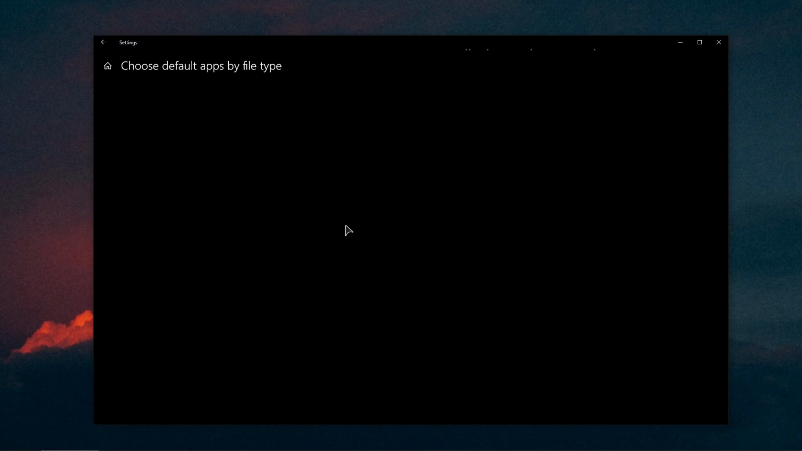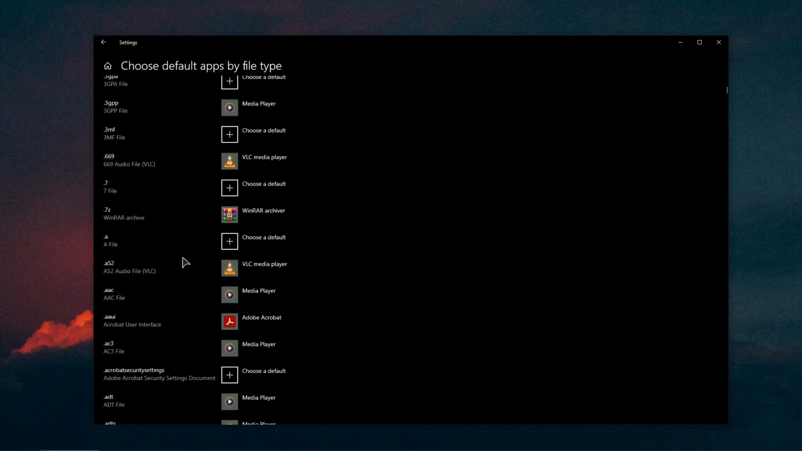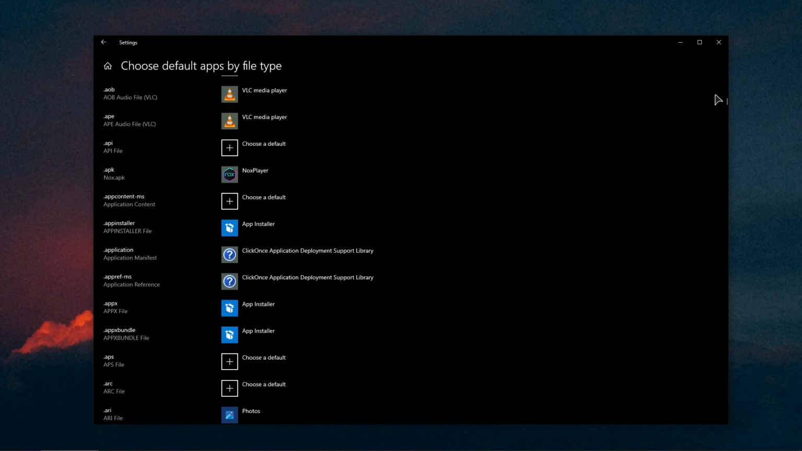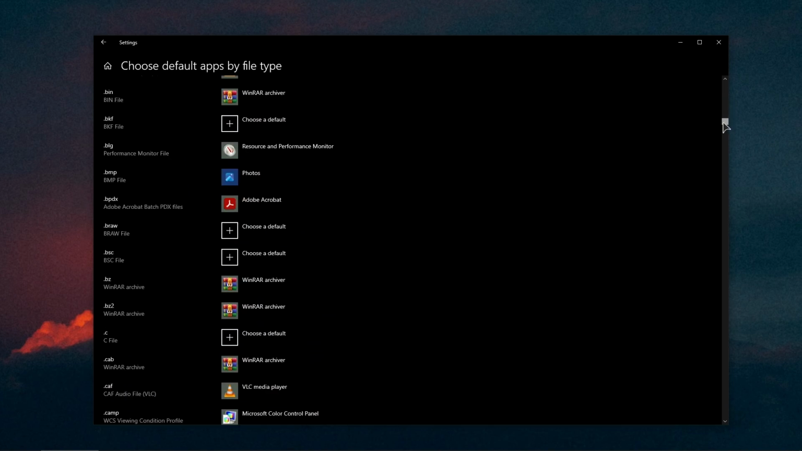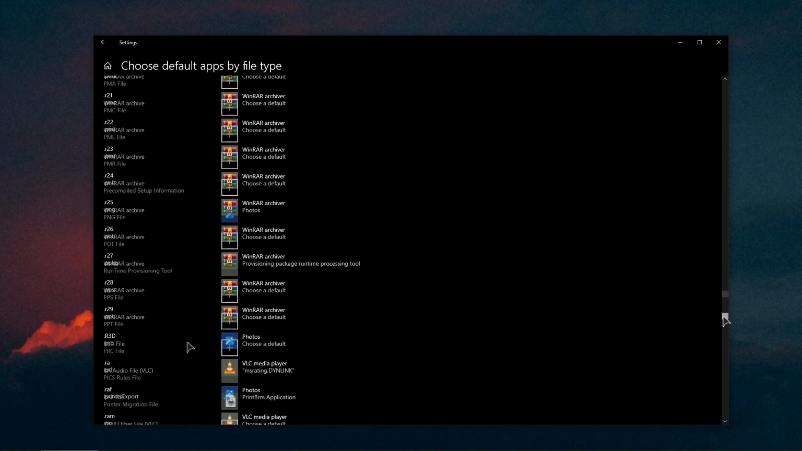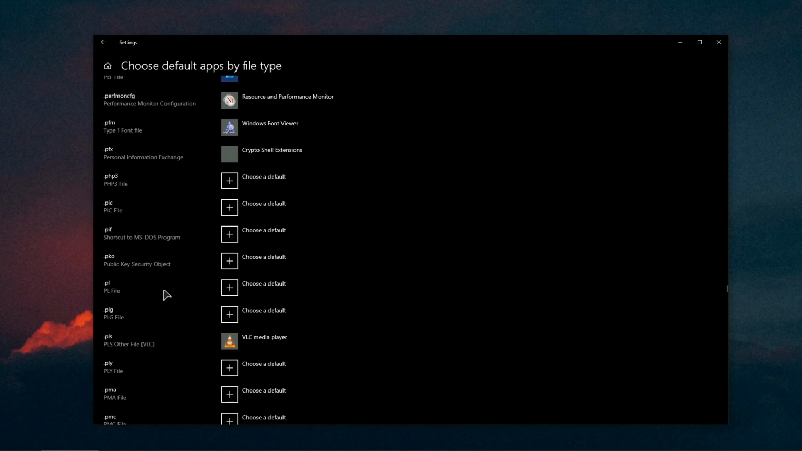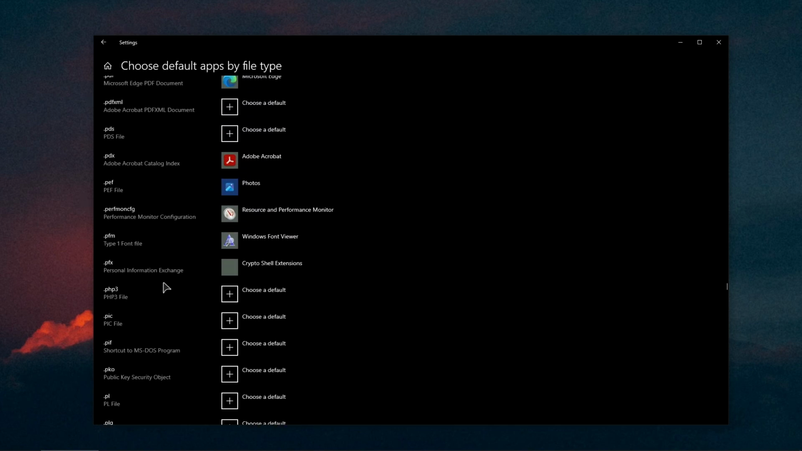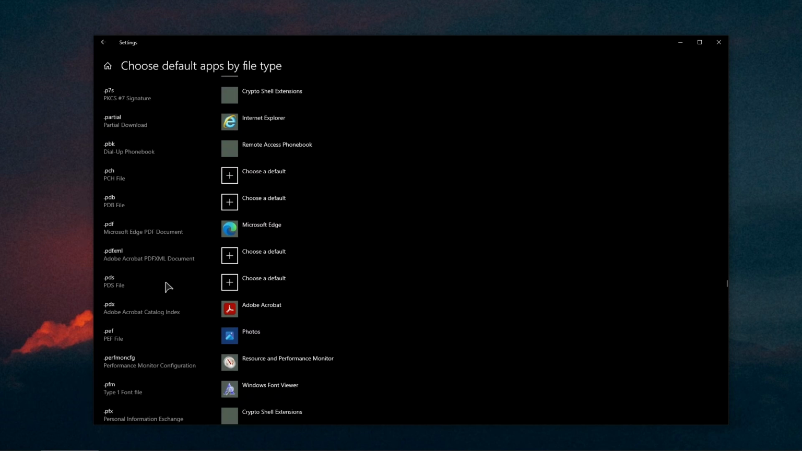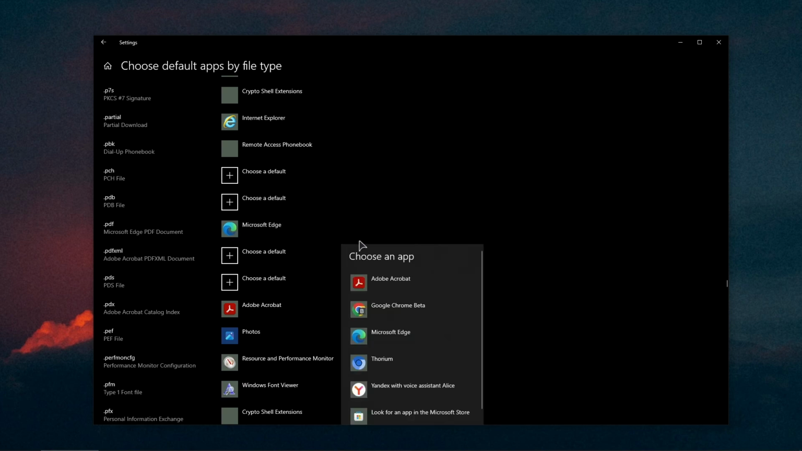You're going to have a big list of different file extensions in here. So basically you need to scroll down and find the PDF file format. Let's use our mouse and scroll down until we have everything starting from P. Alright, so let's find PDF in the list. Okay, so this is our PDF extension, and now click on this button here next to Microsoft Edge and choose